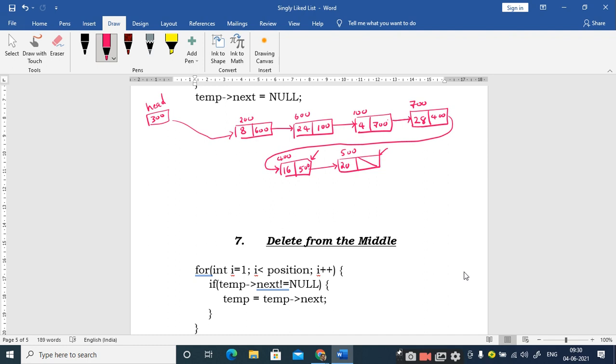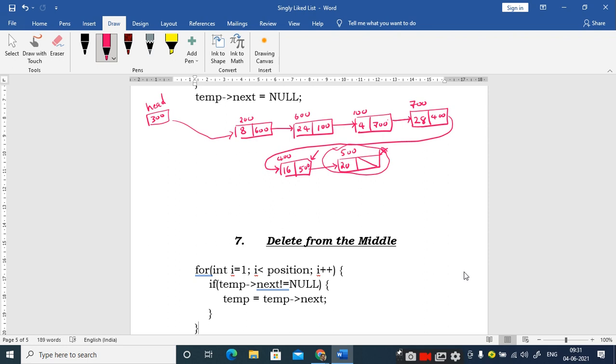If I have a pointer to the previous node of the last node, then I can modify the next part of that node to null, so that I assign the value of null to the next part of the previous node, and the link to this node will be deleted. This is how I am planning, right?